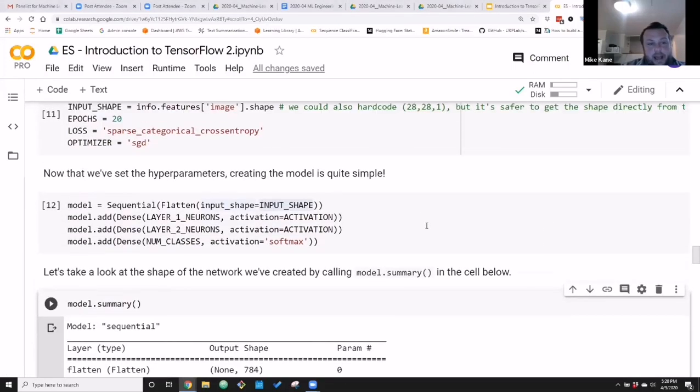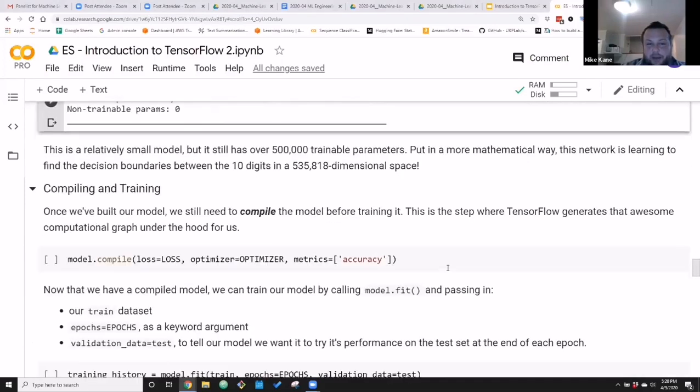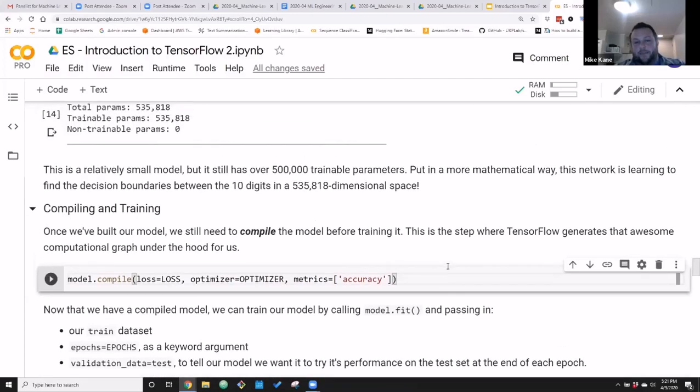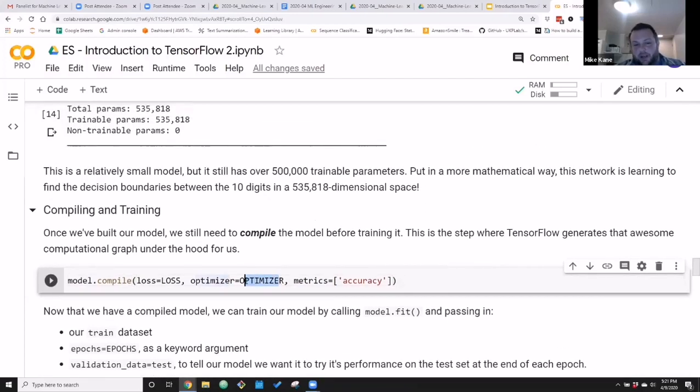Okay, so we've created our model up here, right? But it doesn't exist yet. We explained what we want our model to look like in terms of layers. Well, remember, this is TensorFlow, and the reason TensorFlow is so magical is because it builds this incredible static computational graph under the hood for us. That computational graph doesn't actually exist until we run model.compile. Now, you're probably wondering what some of these things are: loss, optimizer, and metrics. You're going to have to tell it this every time you compile a model.